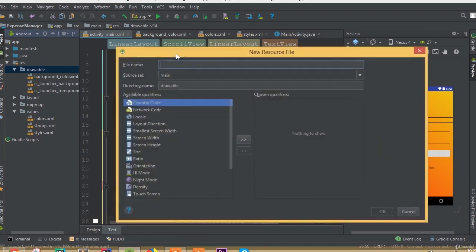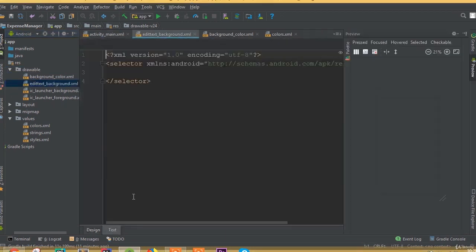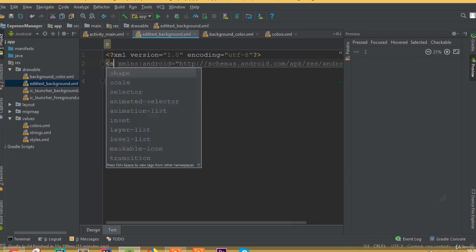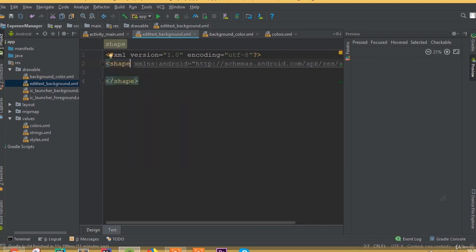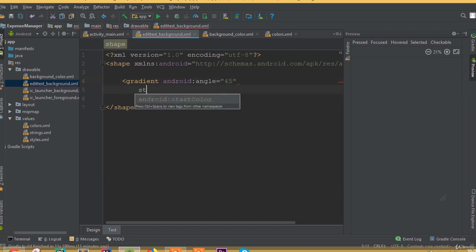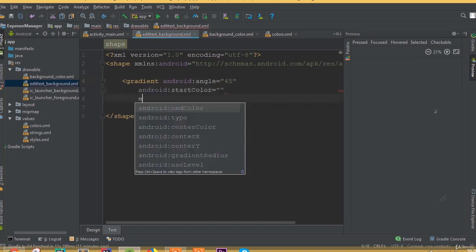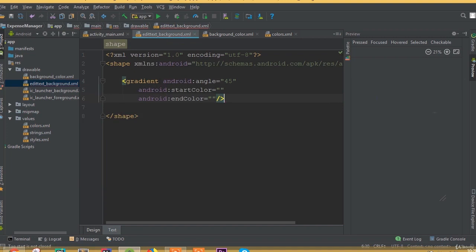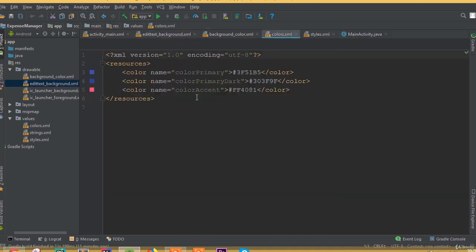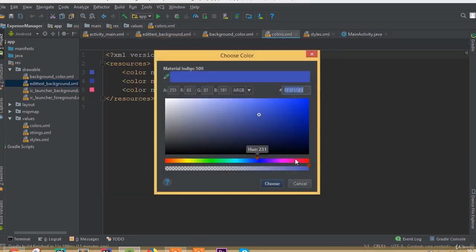And we need to create another drawable resource file for our edit text and button. So we can call it edit text background. Change this selector to shape, add a gradient and select angle 45 degree and start color and end color, and choose a color